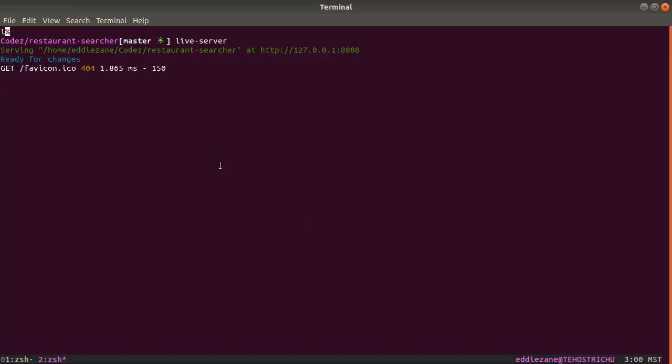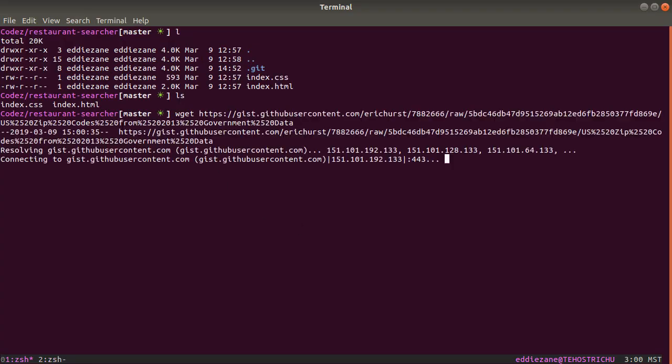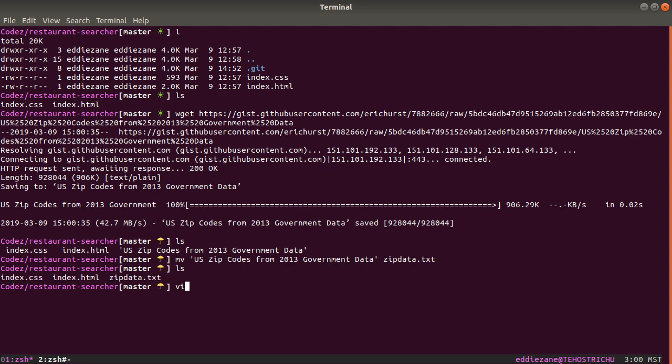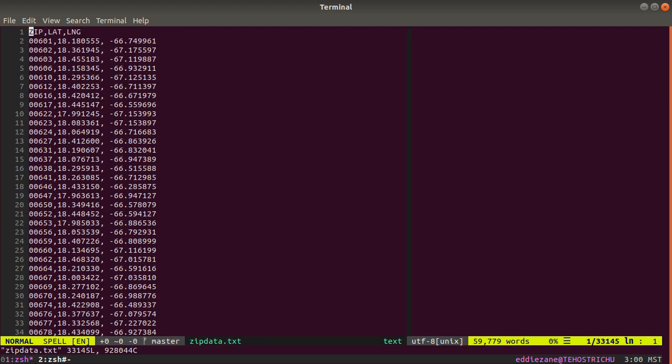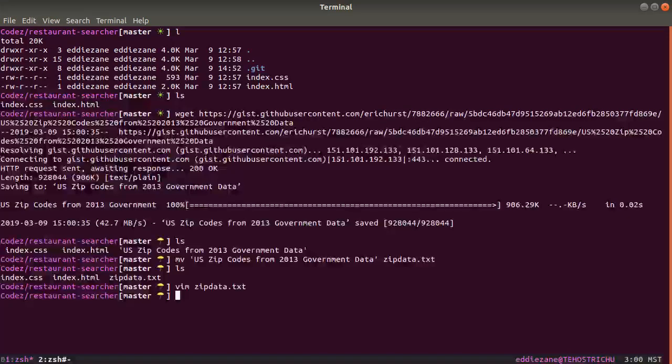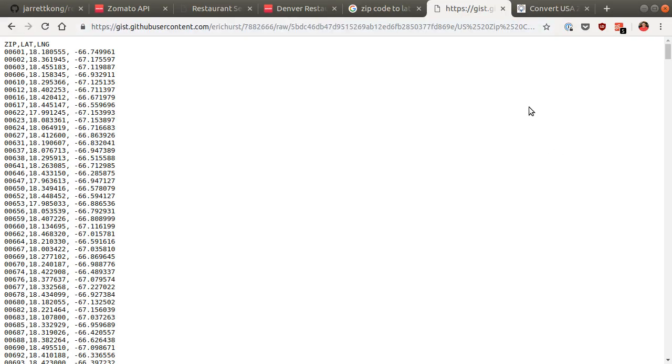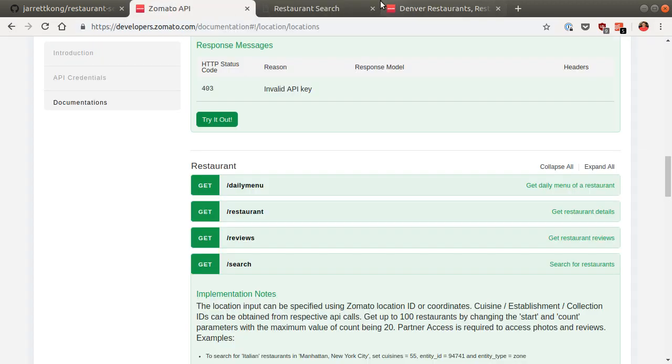So all right, I'm going to grab this, and we will put this in. So let's move. We'll call this zip data.text, right? And we can probably turn this into a CSV. Oh, it is already a CSV. Cool. So that's awesome. Okay, so zip data.csv. Okay, so that's easy. So we can take zip code, right? And so we get lat long from that. And let's close this out for now. And so when we have the zip code,